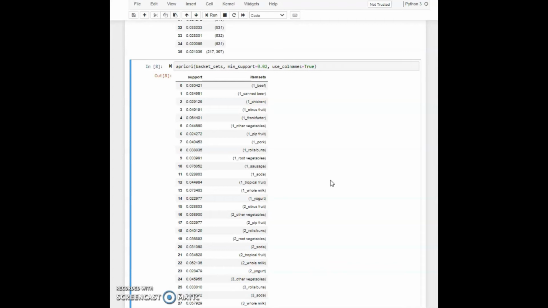Now that we have our item set names here, it's better. But what we are actually seeing here is the popular items that are purchased from the store. These aren't combinations of items, so it doesn't really help us that much from a marketing purpose. So let's decrease this support value, since the support of 0.02 is only returning single popular items.